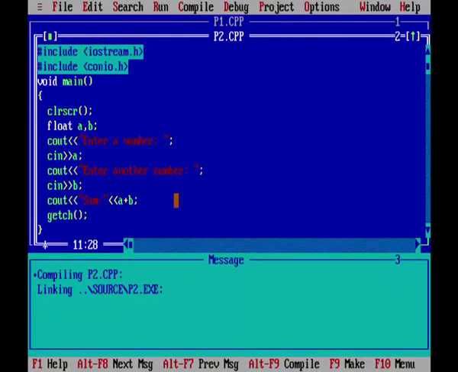So, now I am finding the sum of these two numbers. Let me do it like this, a minus b. I want to find the sum, but by mistake I type a minus b, instead of plus I type minus. I run this program. Sum is minus 22. Now, my program is running properly. It is not showing any error. It is giving me the output also.